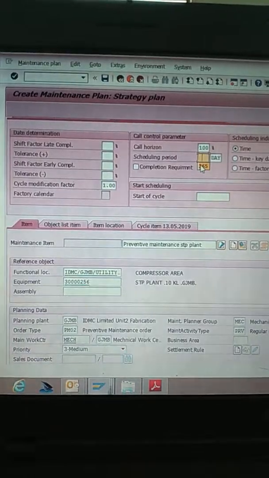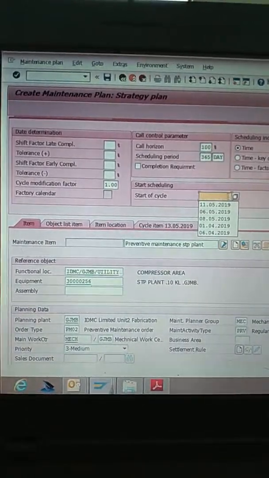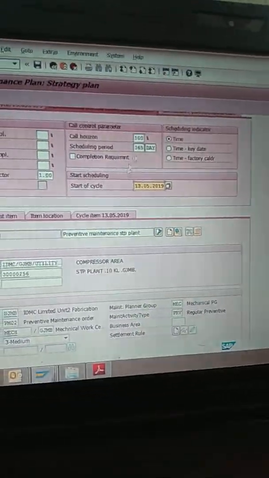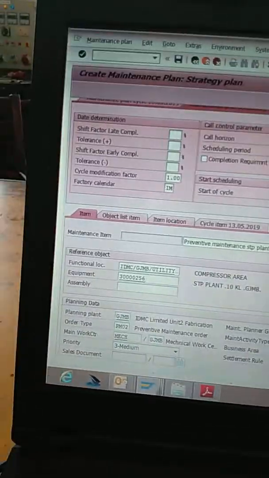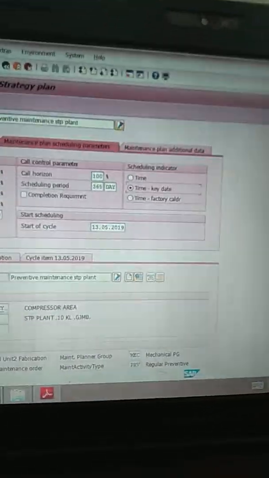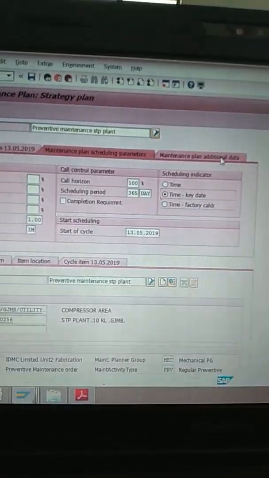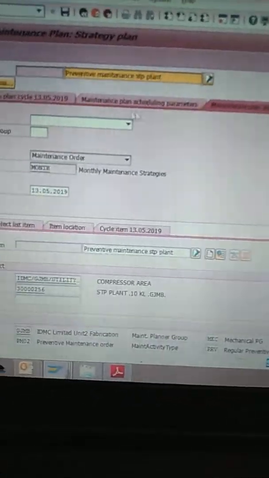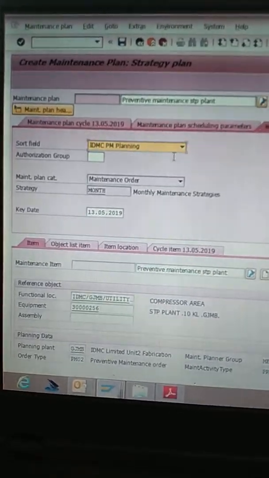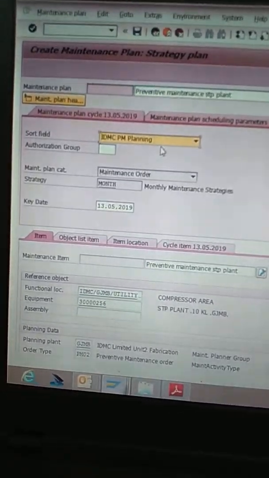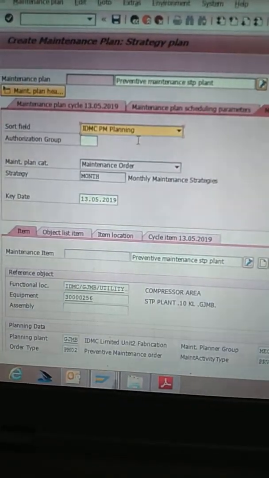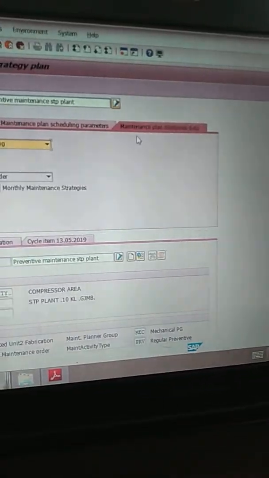Write here 365 days. Start-up cycle. Time to date. Now going here, maintenance plan additional data. So here you must select these. Must. If you do not select these, then your plan will not be shown even if you enter all the details correctly. But you must go here,